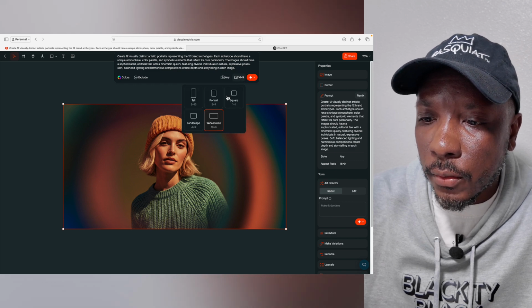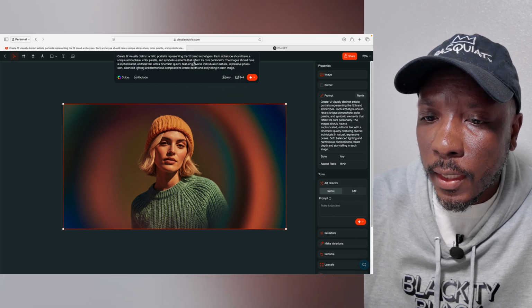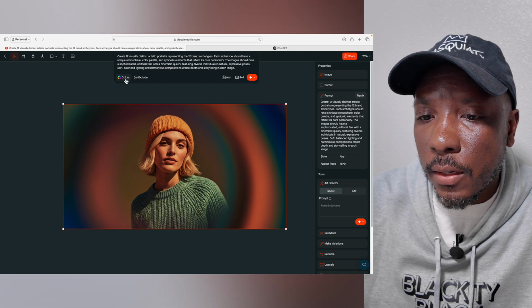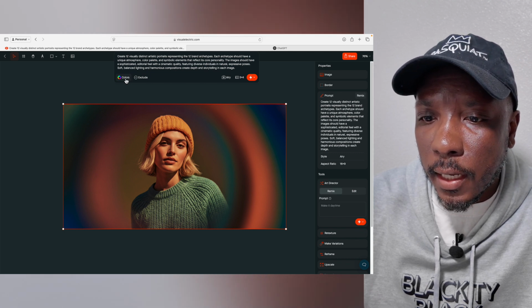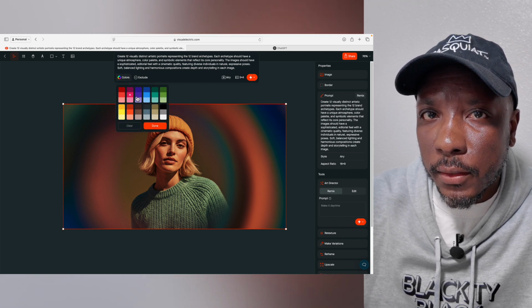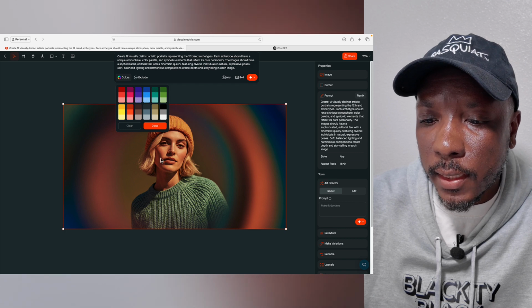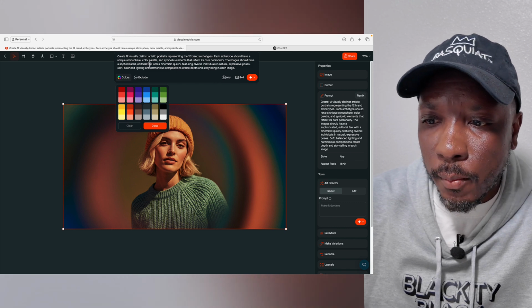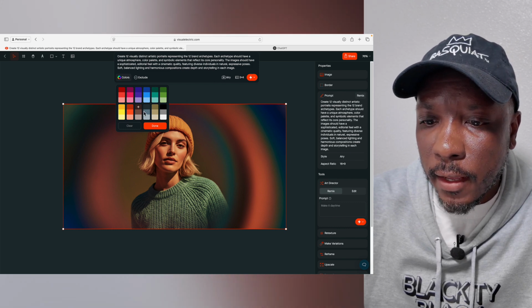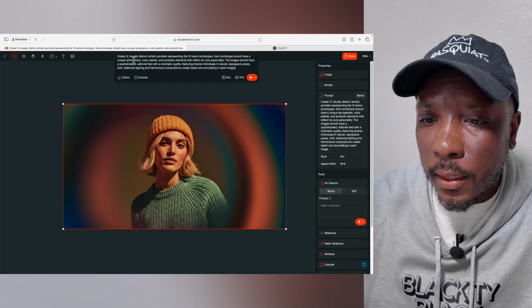So the first thing I want to do is make it portrait, and I want to introduce something new for you guys, and that's color templates. With the color templates, we can see what the different color palette is, and it may or may not work with the prompt that I have, but I'm going to give it more of a brown, cream type of color template. So I'm going to modify this just a little bit,